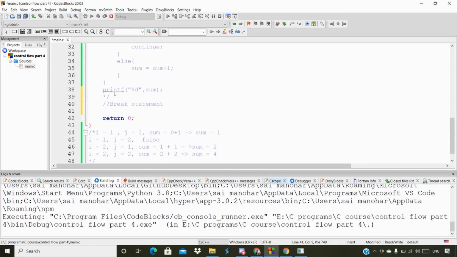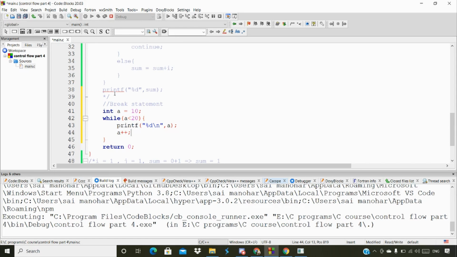So let's try with an example. I'm going to declare a variable a and initialize it as 10. Now I'm going to use a while loop here, a less than 20, and open a curly bracket. Within this, I'm going to use the printf function with %d and backslash n, and print out a, then a plus plus.